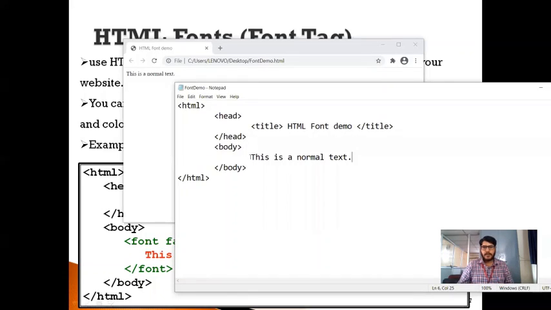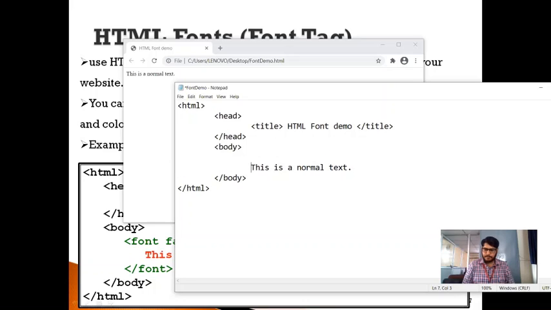color for the font. So for that, what I will do, I'm going to use a font tag here. Let us press enter here. Okay, so immediately before this is a normal text, I need to use a font tag here, along with this, I need to use attributes. The face attribute I need to use, equal to the value Verdana. You can choose a different style here. Now I'm going to use Verdana as a style here.